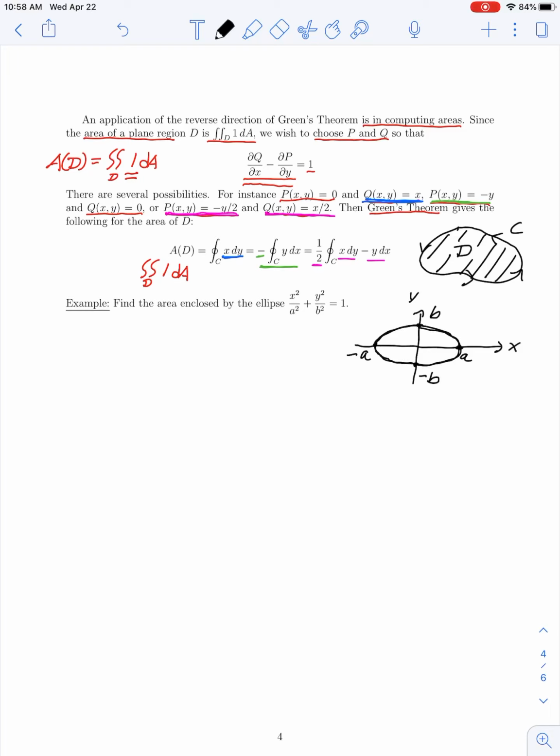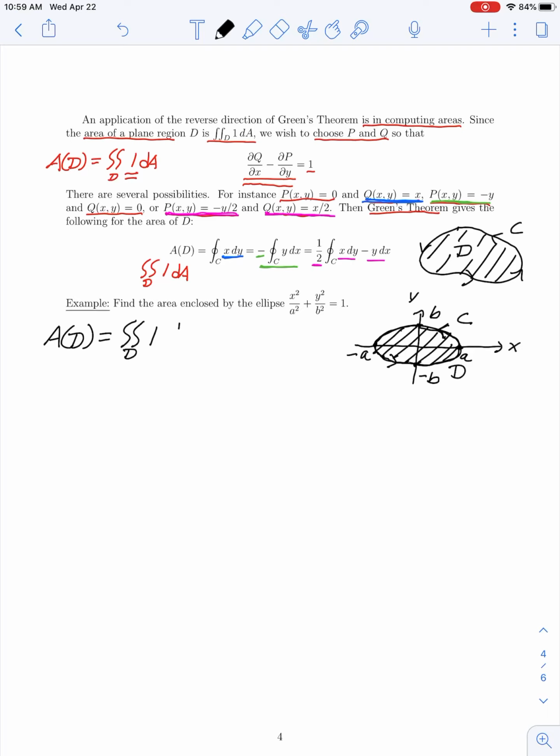So this ellipse we can think of as a curve C, which is traversed in the counterclockwise direction, so it has the positive orientation, and we want the area enclosed by that ellipse. That is the area of this shaded region, which I would call D. So here, to find the area of this region enclosed by the ellipse, D, we could look at the double